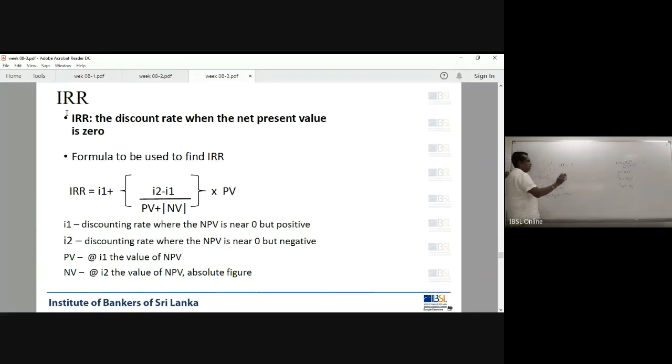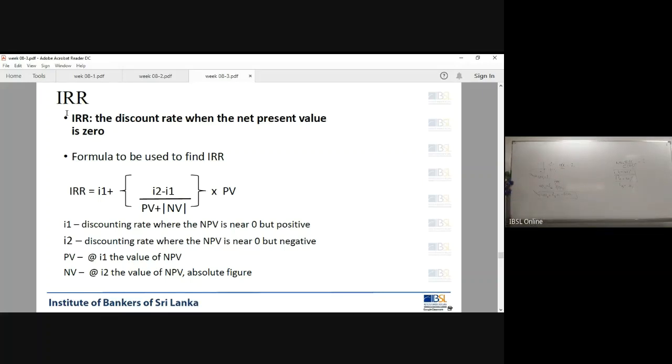First you guess, you put 20 or whatever you want into that formula and find out the NPV. If it is positive 7,000, you can take it. Then you put in another guess, increase one. If it is increasing, you are going on the wrong side. So you have to get something below that 20. So you put another guess of 10 to make it negative. Then you will consider these two to find out IRR.